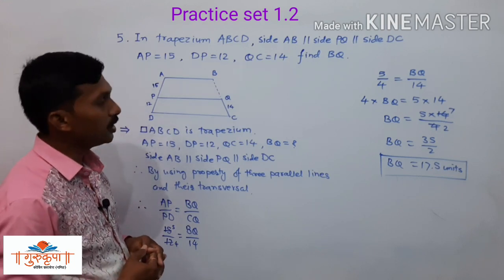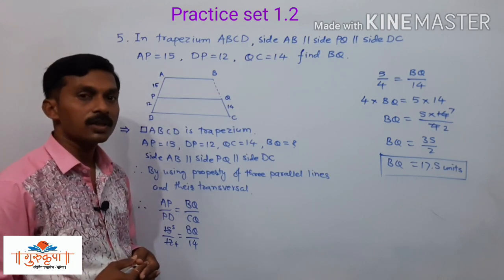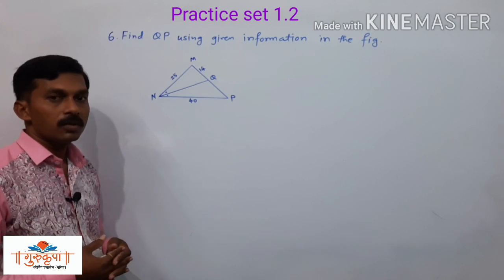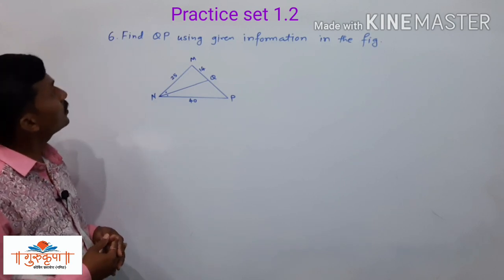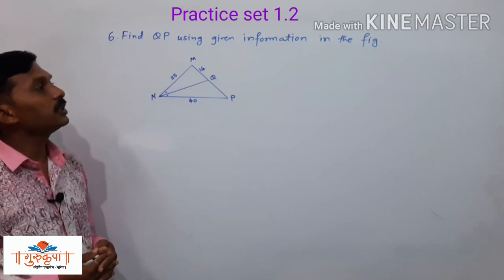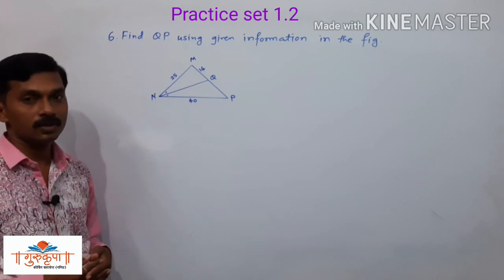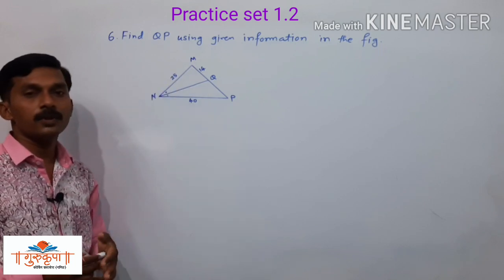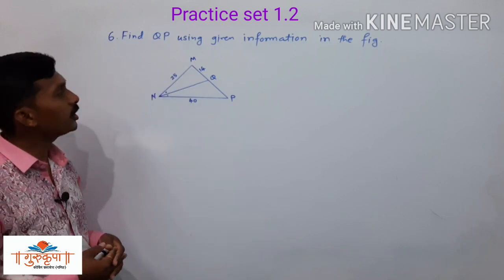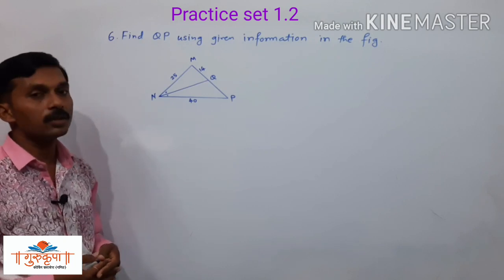Here we complete the question number 5. Now we will take the next question, that is question number 6. Question number 6 from practice set 1.2. The question is find QP by using the given information in the figure. Here we have given a diagram. In the diagram some information is given there, and from that information we have to find the length of segment